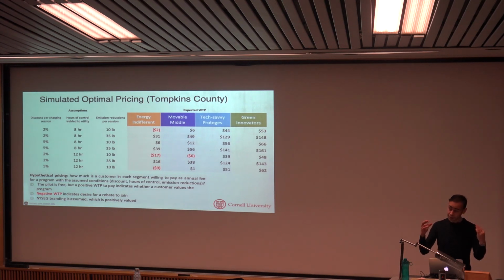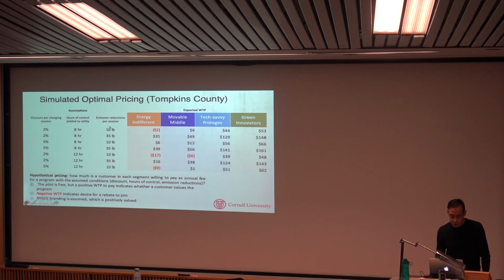Once we have the responses, we can take what we call a representative consumer that has the average valuations that we get from the choice models. And then we can build different programs. Based on that, we can see what's the total value that people are assigning to that specific program.